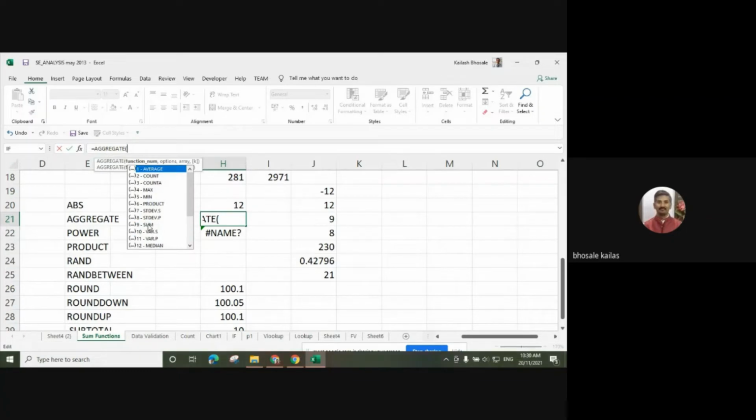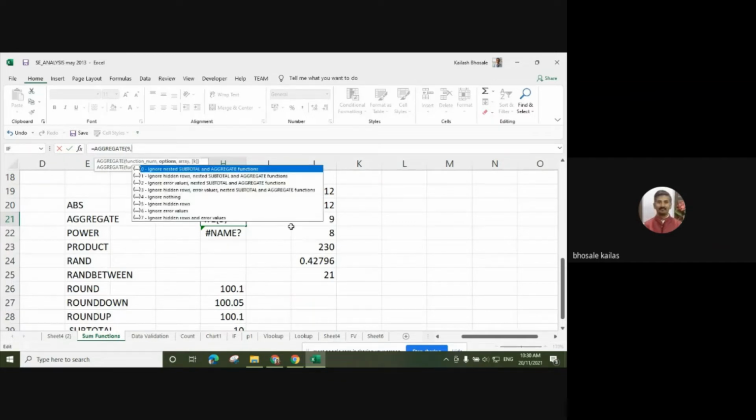Suppose I want to make the summation. So click on this 9. Then it is asking whether to ignore the nested subtotal and aggregate functions. Ignore hidden rows and nested subtotal and aggregate functions for one. This is third, fourth.